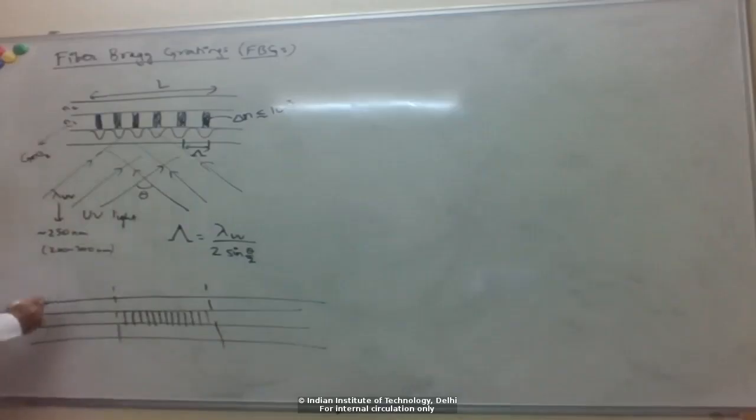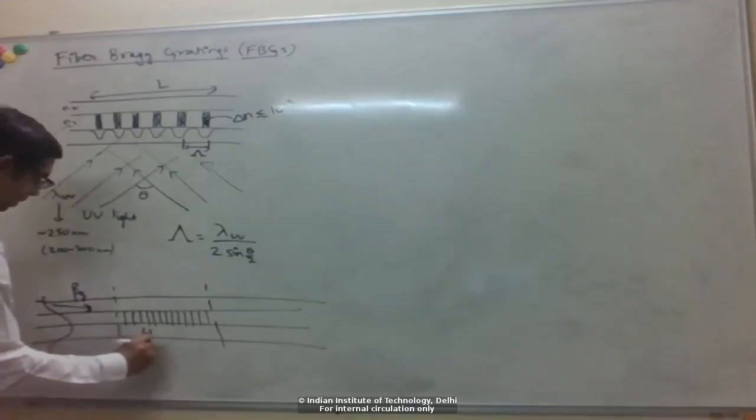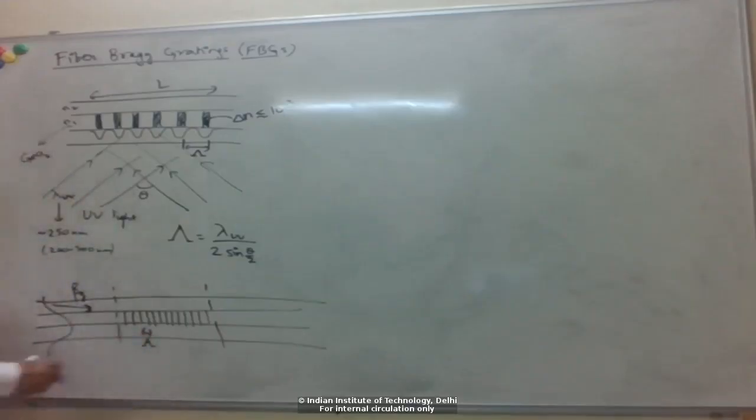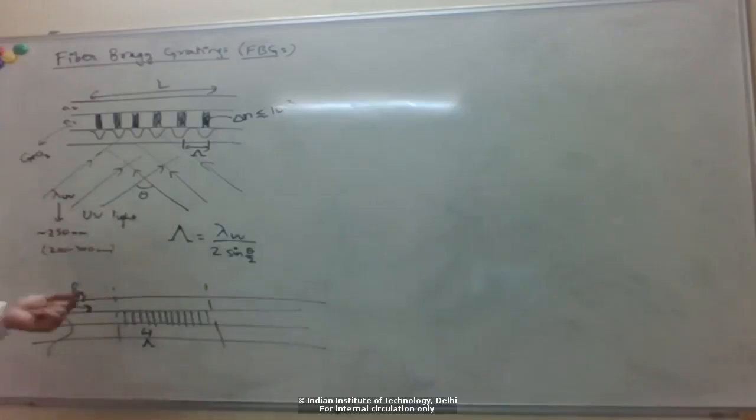Okay, so now imagine I input some field traveling here. For example, the lowest order LP mode is incident here. So depending on its propagation constant, and again this period here is capital lambda, when you satisfy the Bragg condition, right? Now in a fiber, there are only two propagation directions possible,